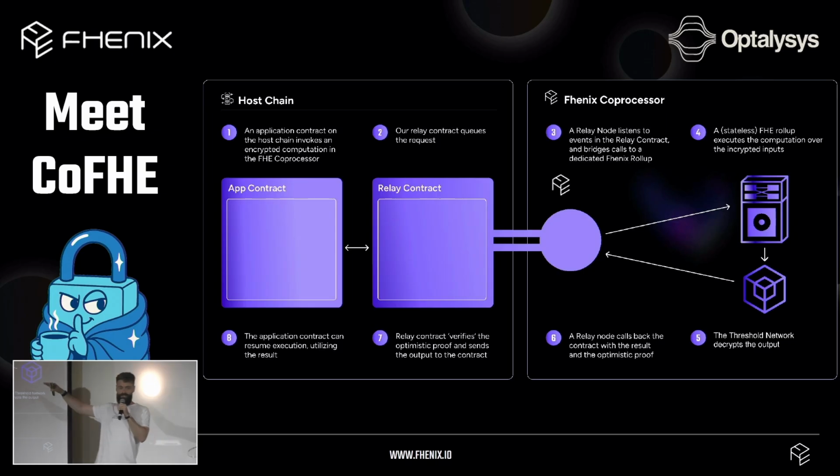Coffee is an FHE coprocessor that basically lets developers and users use FHE in their own chains without doing anything. Basically, it's effectively transparent, and we'll see it in a second. It's an off-chain component that reads events from the original chain, and it does the FHE computation in the background. The users don't even feel it. It just happens in the background. Your regular Ethereum, Arbitrum transactions just happen as they always do.